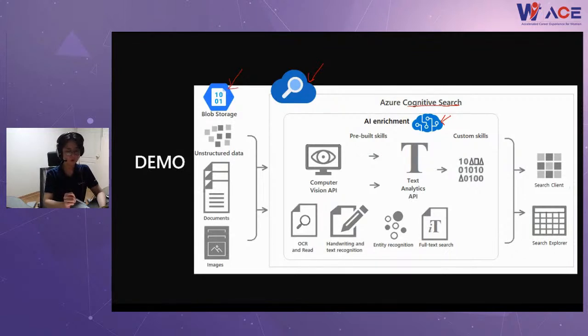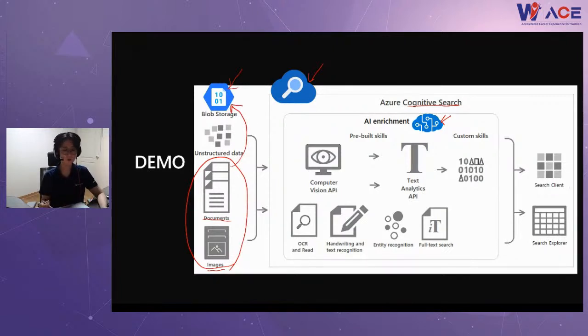I'm going to use the customer reviews of their travel and also the brochure files of the travel agency, London and hotel and so on. I've already uploaded this document to the blob storage.